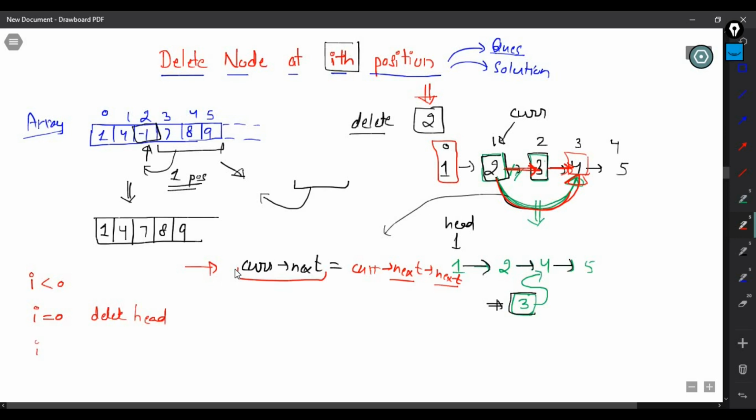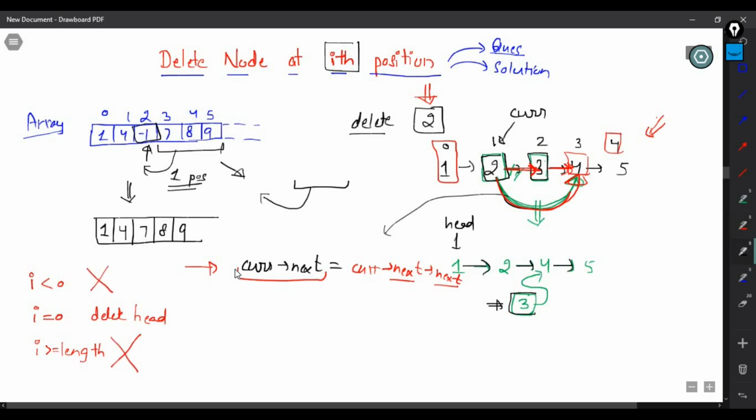The maximum possible valid index is length - 1. Here the length is 5, so 4 is the maximum valid index. So if the value of I is greater than or equal to the length, then that index is invalid and we will not do anything.